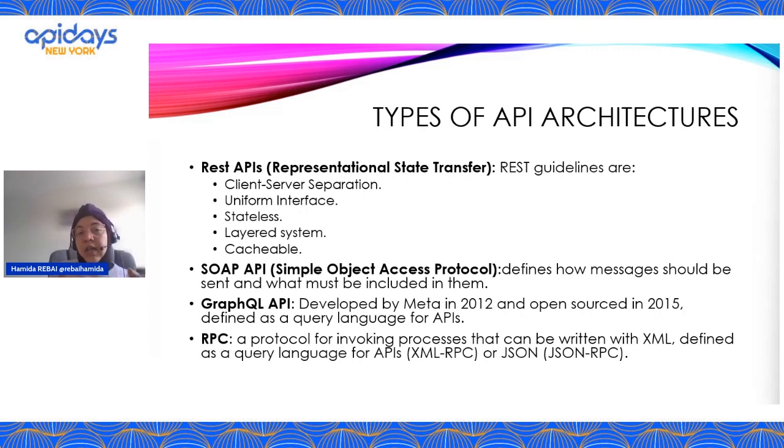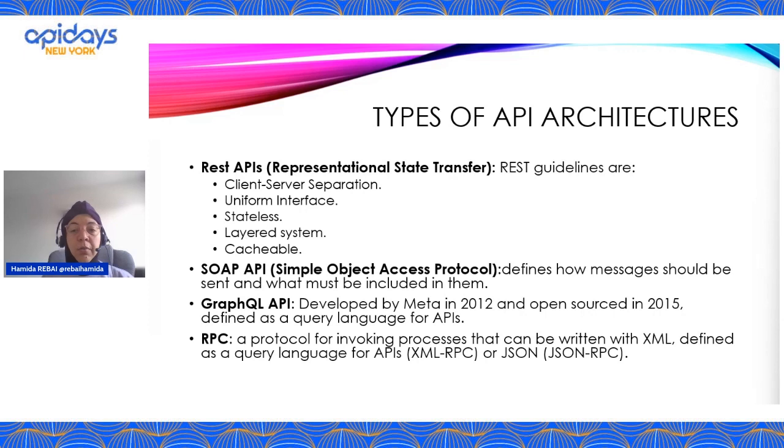We have another guideline, layered systems, where the requests and responses must always be formatted the same way, even when passed through intermediate servers between the client and the API. Cacheable: server responses should indicate whether a provided resource can be cached by the client and for how long. So if you follow these guidelines, REST APIs can be used for quick, easy, secure data transfer, making them a